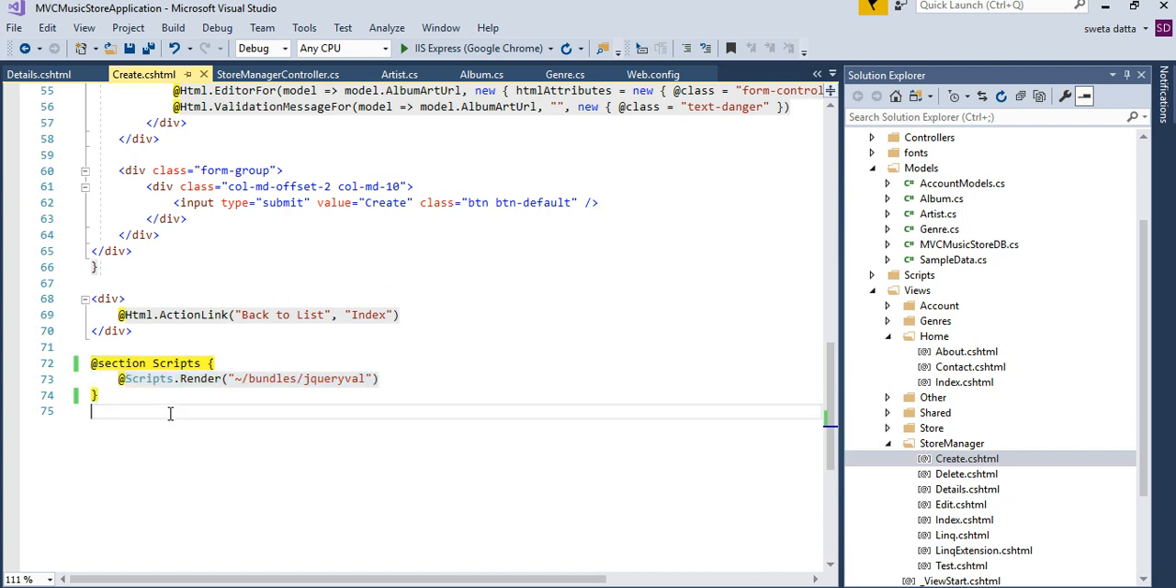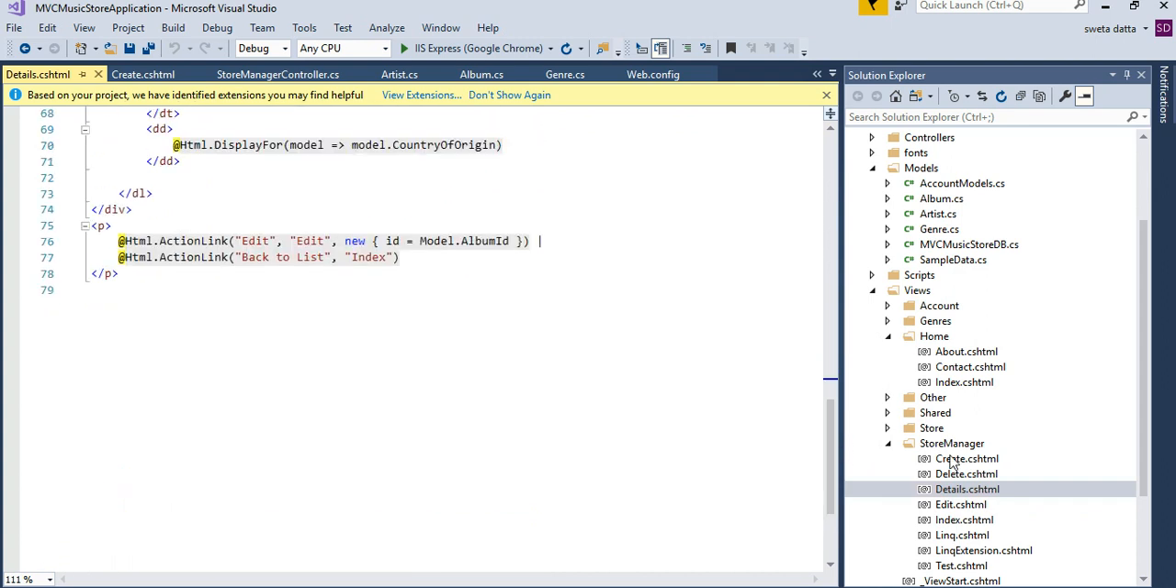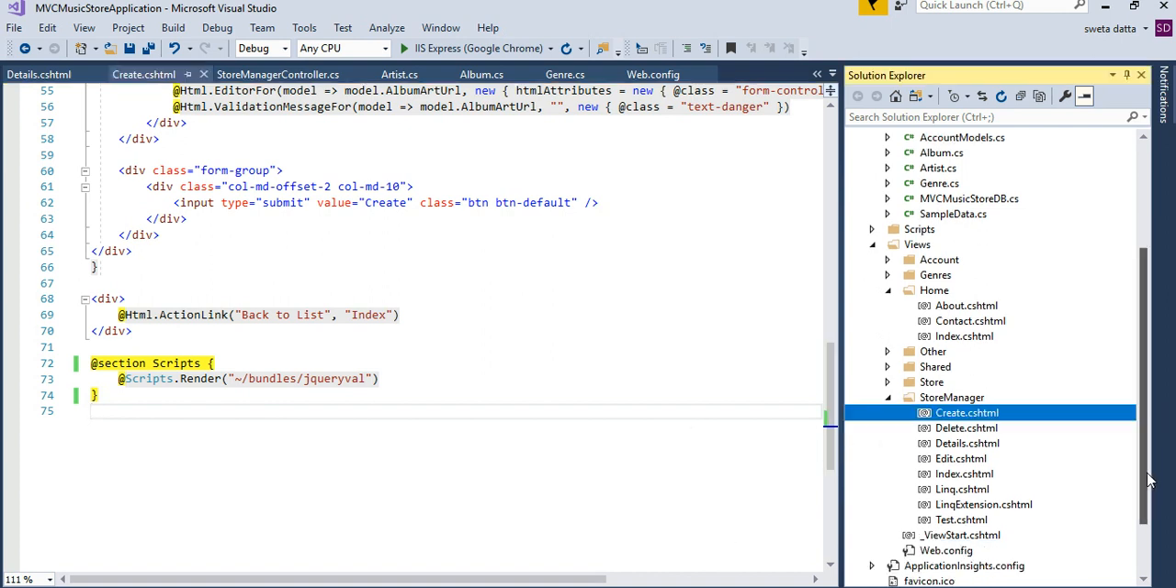Not every single view has it. For example, the details view does not have that because there is no validation happening. But any view where you possibly could have validations, like the edit and create views, actually have the jQuery validate included as a bundle, and that is why your code is able to be responsive to your user input right away. Okay, hope this helps. If we look at the web config,